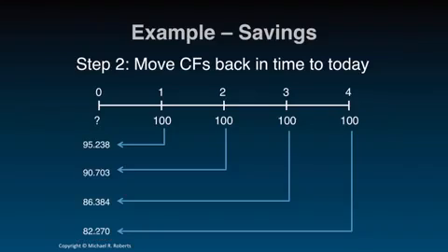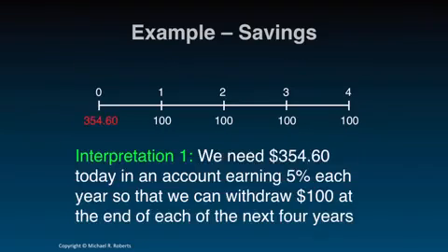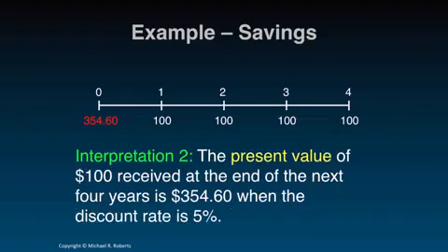We can do a little arithmetic, and now I can add all of these numbers. They're all in the same time units to answer the question. We're going to need $354.60. More precisely, we need $354.60 today in an account earning 5% each year so that we can withdraw $100 at the end of each of the next 4 years. Alternatively, the present value of $100 received at the end of each of the next 4 years is $354.60 when the discount